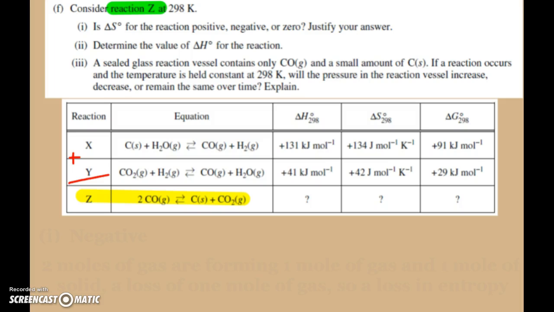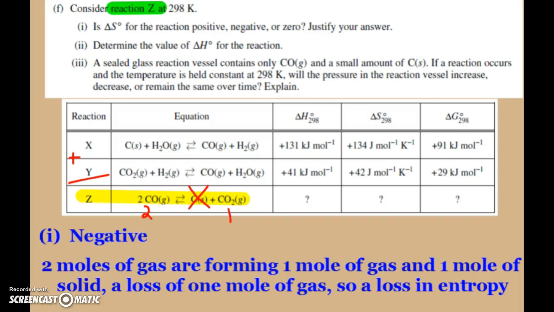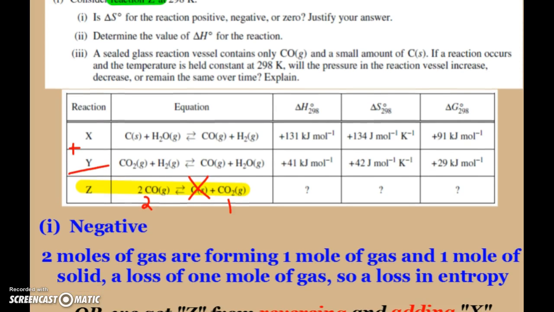Okay, again, the trump card for delta S predicting is moles of gas. And so when I look, I have 2 moles of gas on my reactant side, carbon's a solid, 1 mole of gas on my products. Less moles of gas is definitely going to be a decrease in entropy. Okay, 2 moles of gas are forming 1 mole of gas. And you could mention the 1 mole of solid, that's okay. All right, so when you're losing moles of gas, you're definitely decreasing your